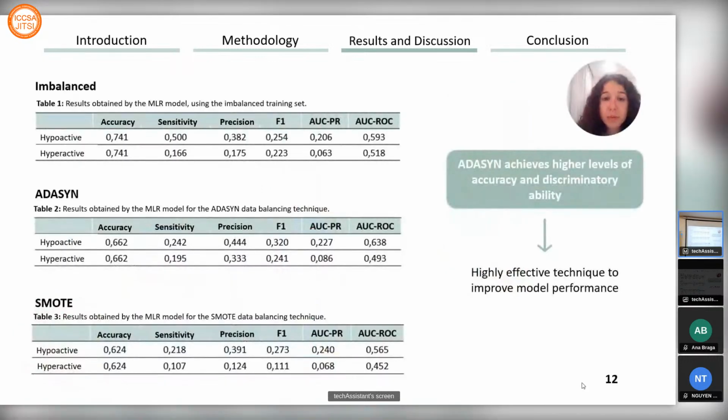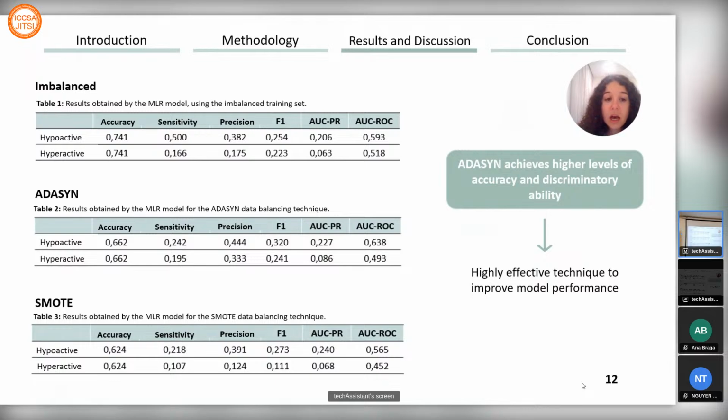The results obtained for the unbalanced data and the balancing techniques using multinomial logistic regression were compared, which had the absence of delirium as a reference category. Regarding imbalance, the AUCPR metric depends on the distribution of categories and places greater emphasis on the performance on the minority class, displaying significantly low values in line with expectation. The model is unable to correctly identify examples of the minority class, generating many false negatives, resulting in low sensitivity